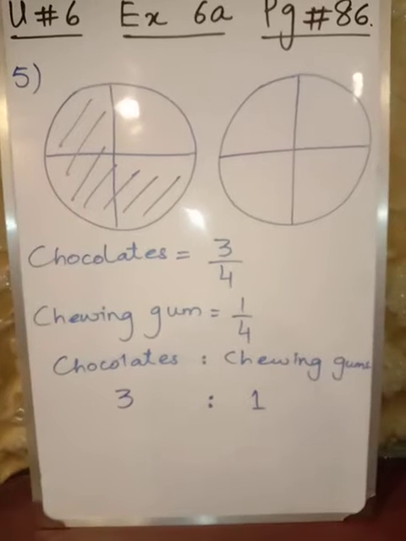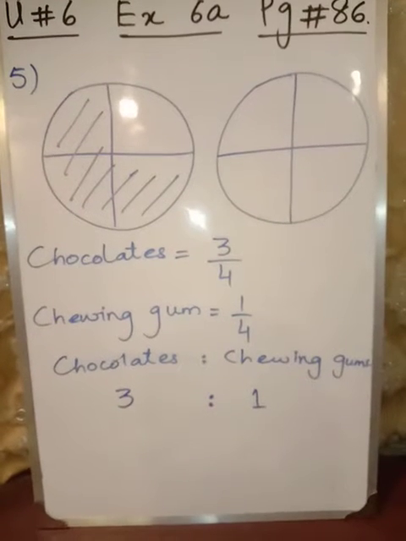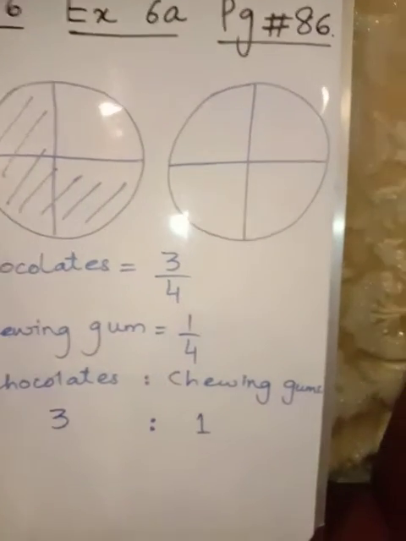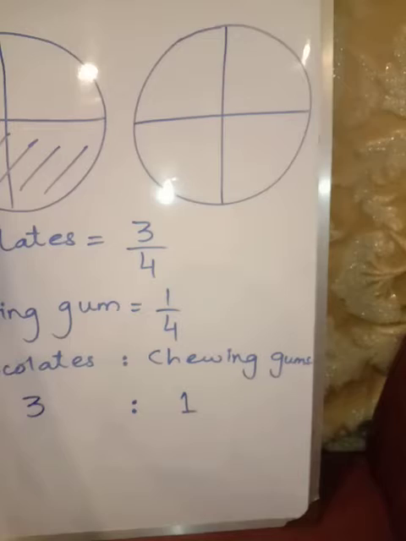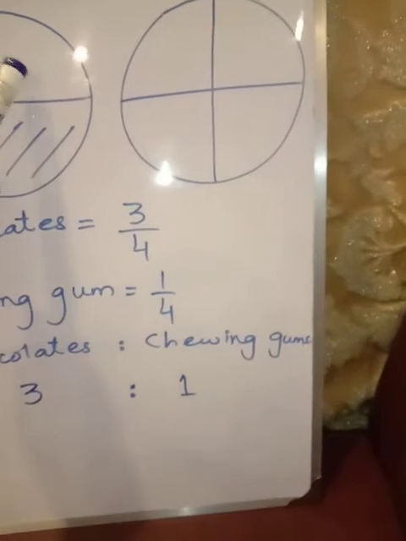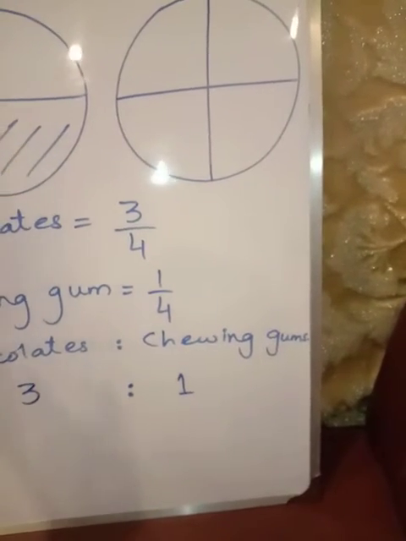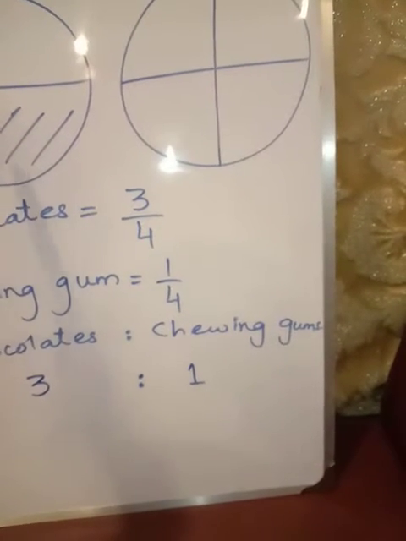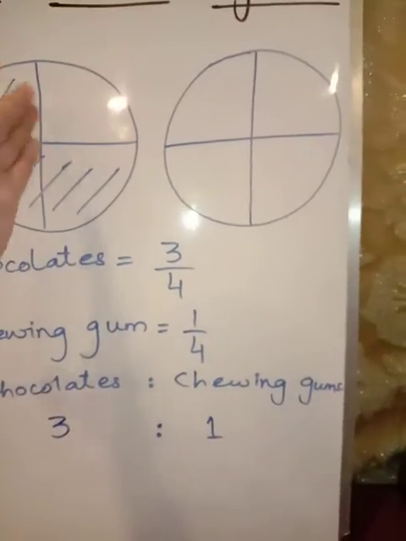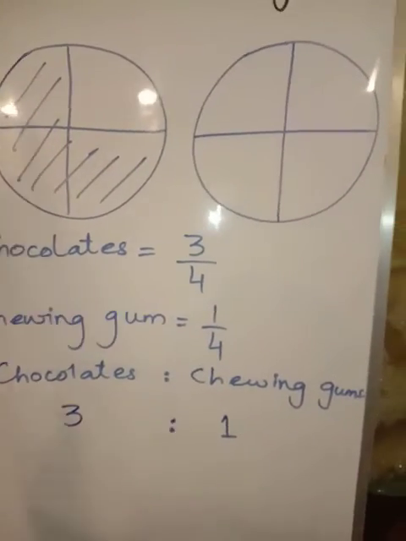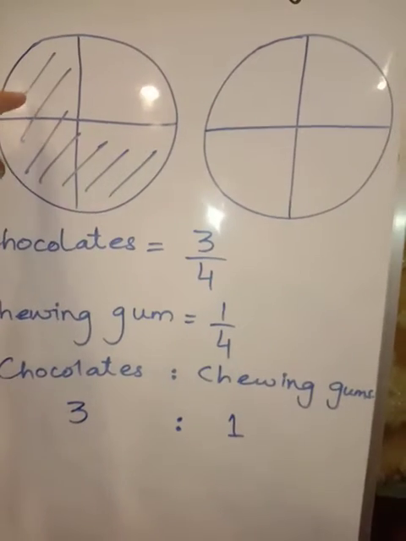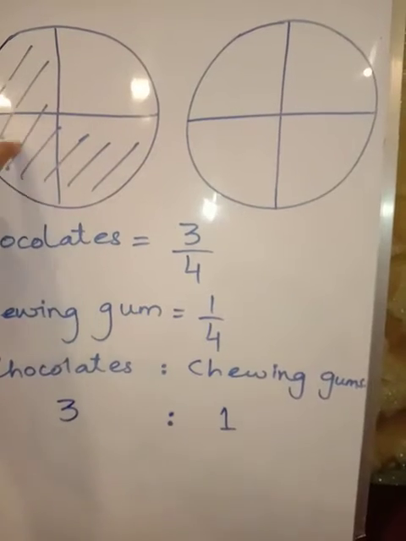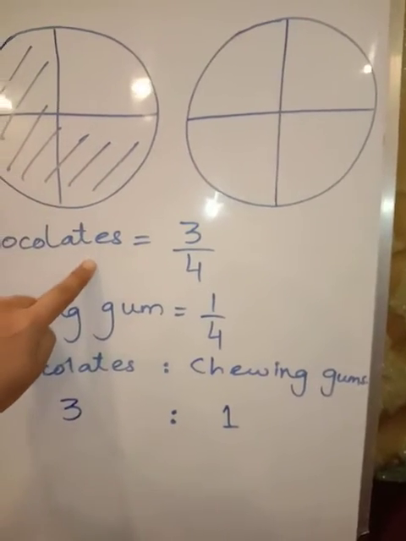Students, as you are given that Samina spends 3/4 of her pocket money to buy chocolates. 3/4 means when she divides her pocket money into 4 portions, then she spends 3 portions of her pocket money to buy chocolates. Means more than half is spent on chocolates and the rest will be spent on chewing gum. So 3/4 means 3 parts from a quarter. So 3 parts will be spent on chocolates from 4.